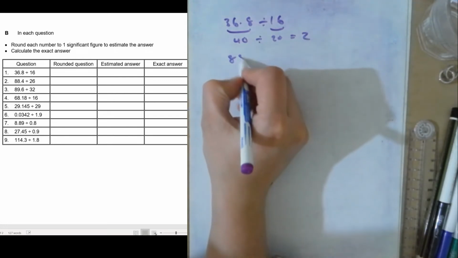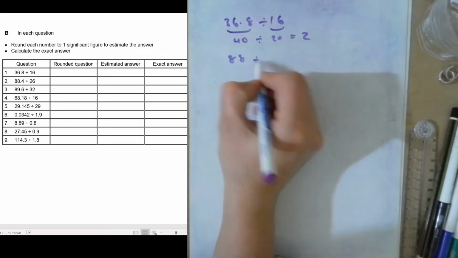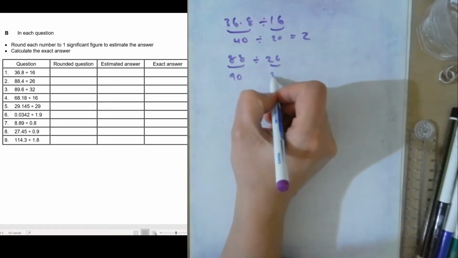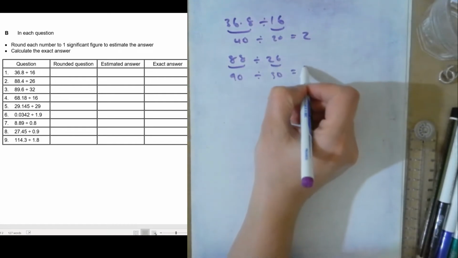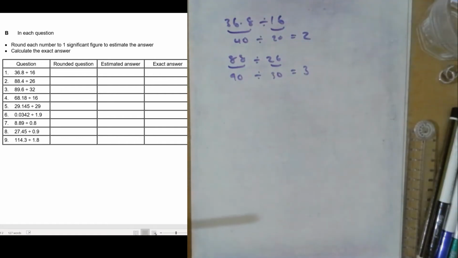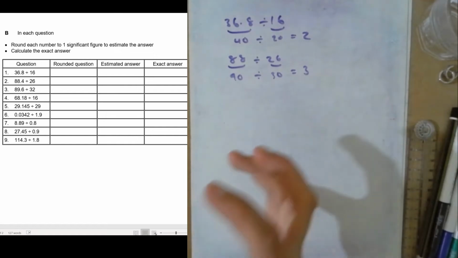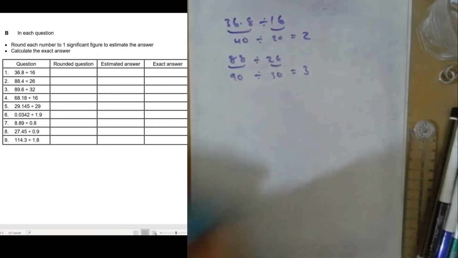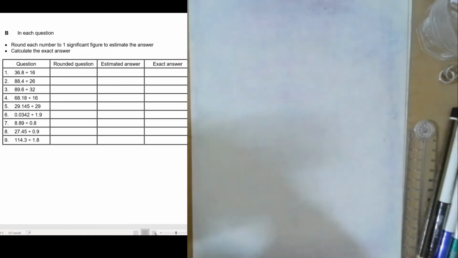Okay, and then you've got 88 divided by 26. So 88 becomes 90, this becomes 30, so then this becomes 3. And you can follow the same format. Okay, when you might start getting slightly different stuff is, say if I had